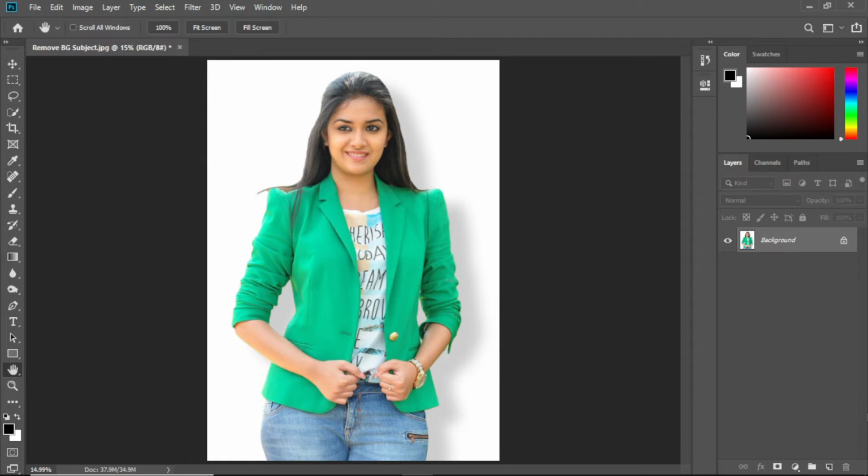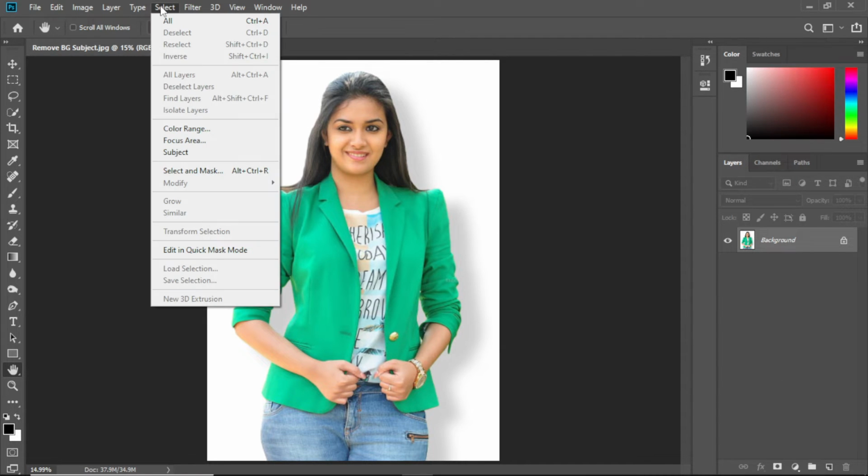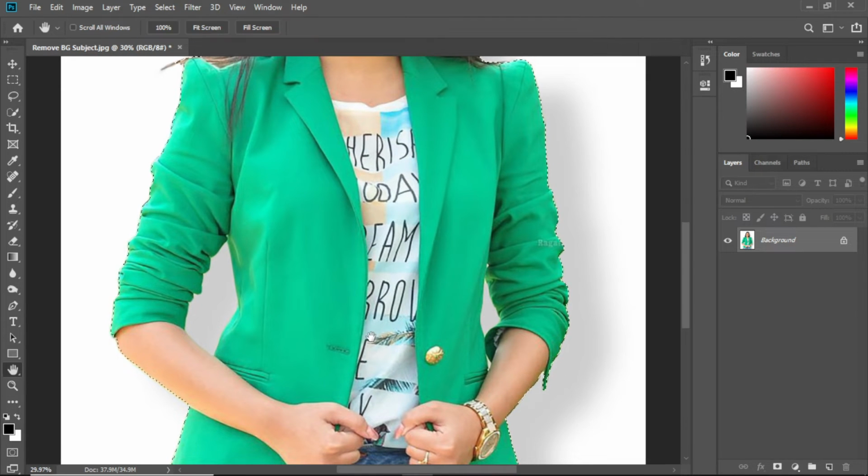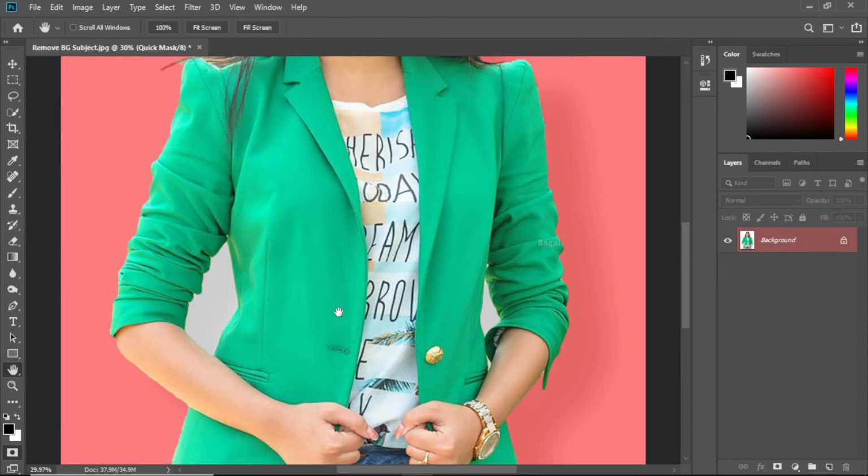Let's start by making a selection of our subject by going to the Select, then choose Subject. Photoshop will analyze the image and make a selection. As you can see, Photoshop made a very great job here. There are just a couple of areas that we need to fix, so we zoom in to the areas that Photoshop missed. And we can easily fix that by pressing the Q key on the keyboard to enter the quick